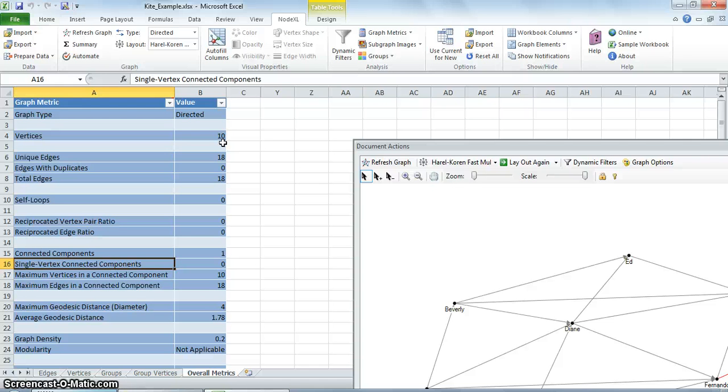The single vertex connected components are the number of isolated vertices that are not connected to any other vertices in the graph. Maximum vertices in a connected component is the number of vertices in the connected component with the most vertices. It is equal to the number of vertices in the kite network because they are all part of the only connected component. Maximum edges in a connected component is the number of edges in the connected component with the most edges. It is equal to the number of the total unique edges.